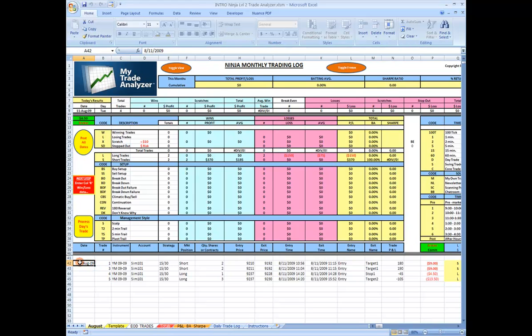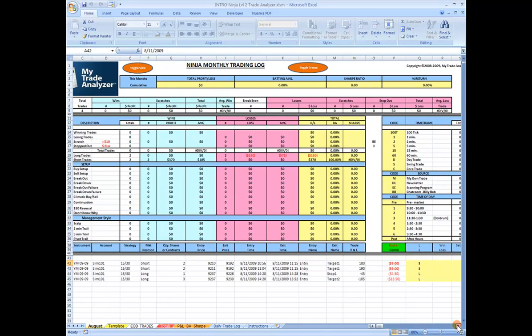You will see it automatically posted the date, as well as it added up your broker's commissions for each of the trades, as well as it determined whether the trade was a short or a long. And it also popped up a warning: your next step, you need to enter in column R your win-loss data. Simply go over to column R,